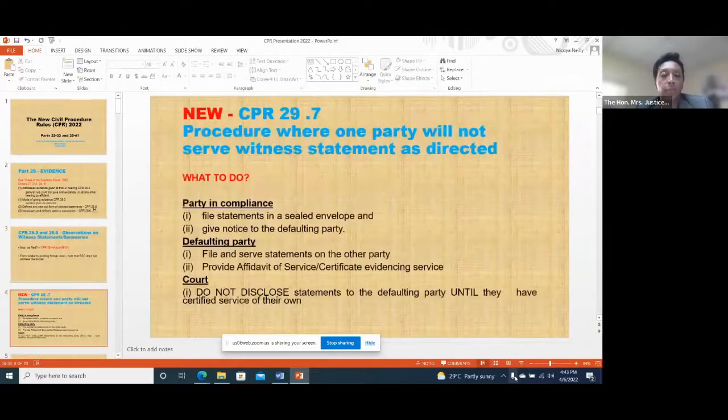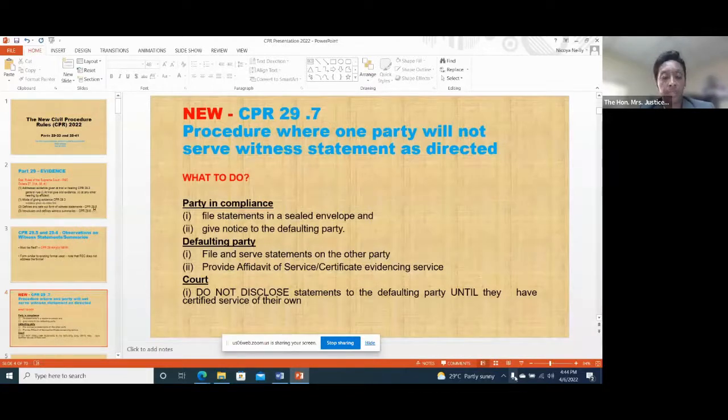If you can go to the next slide, CPR 29.7. Now, CPR 29.7 is perhaps a very interesting and maybe beneficial provision, because you can have circumstances where one party is ready to serve or exchange pursuant to an order of the court on a CMC, a case management conference. The court would have directed that the parties exchange witness statements on a certain date. And as sometimes happens, one party is ready to go and the other party is not. And so instead of just waiting to get to the trial and indicate, well, it can't go ahead because my learned friend did not serve me with their witness statement, and so I didn't want to serve them,